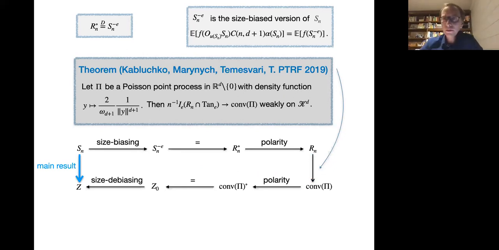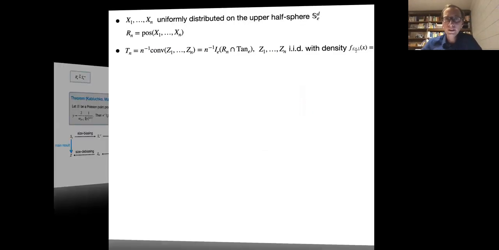And since we have some more minutes, I would like to explain to you how this arrow works, using the Chevy type lemma that I have explained some minutes ago. So the thing is, now we have to compute the densities of these random polytopes here on the left hand and on the right hand side. So let us compute these densities.